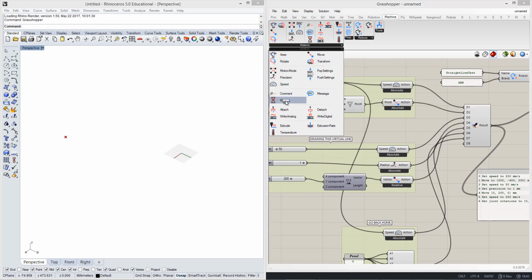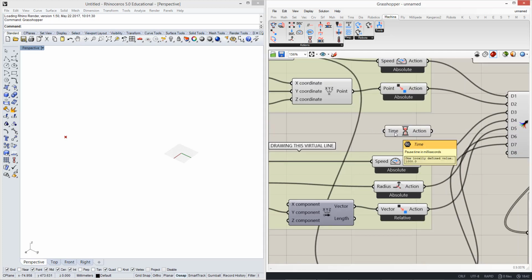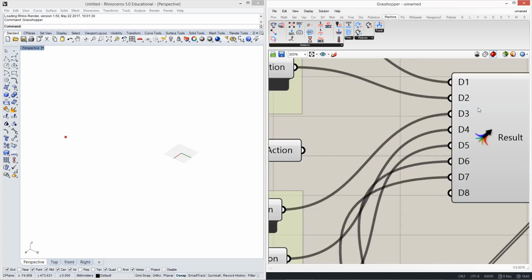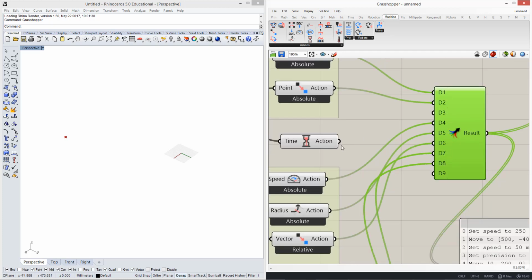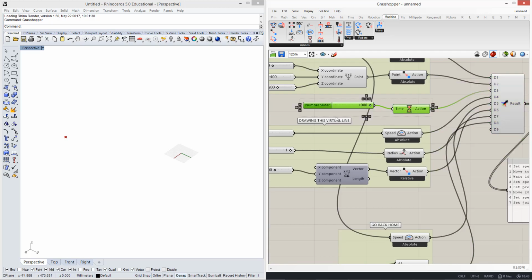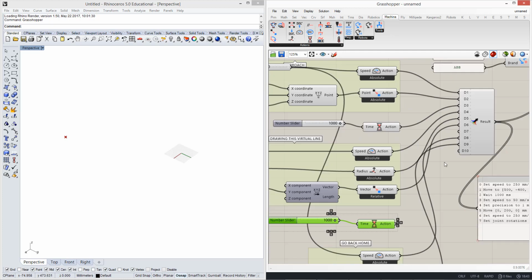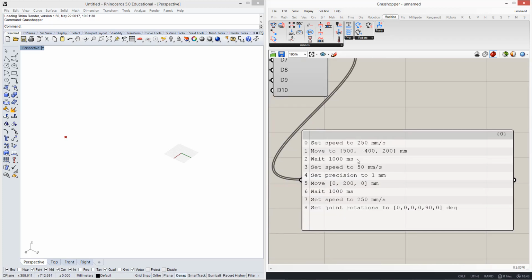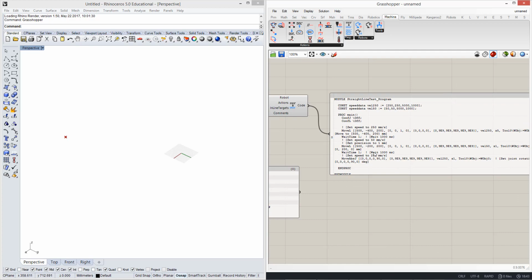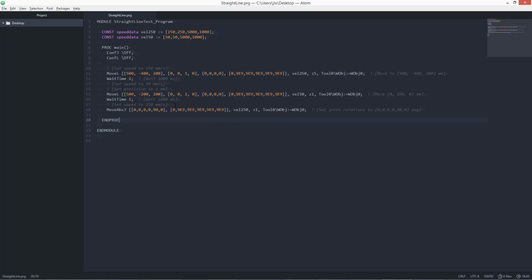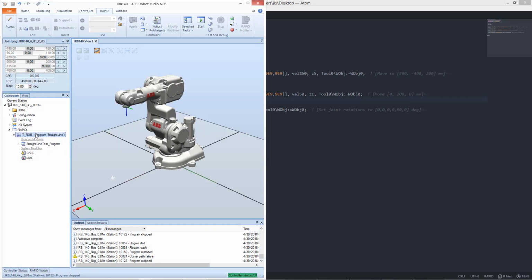So for example, we can make the robot here wait 1000 milliseconds, which is 1 second, right? And we can plug that in between the first motion and the second motion, and we can copy paste this and then just plug it in here before going back home. As we do that, our program gets updated, then this new program is compiled. If we look at Atom, we now have 2 wait instructions in between,